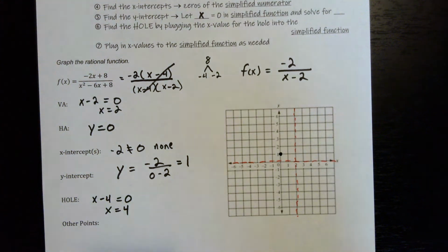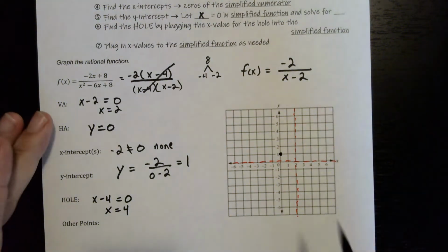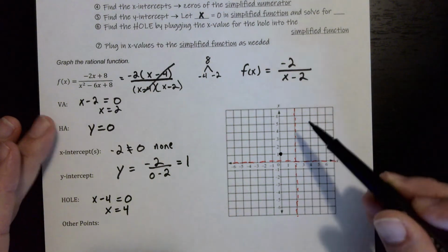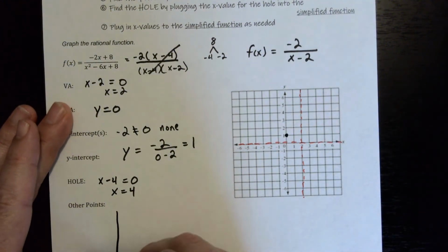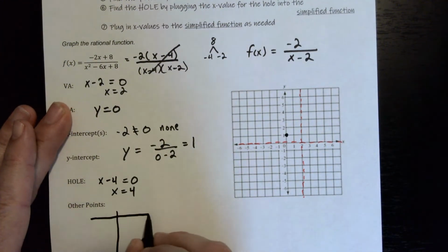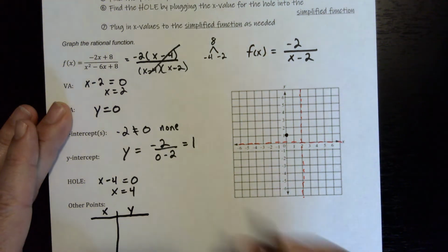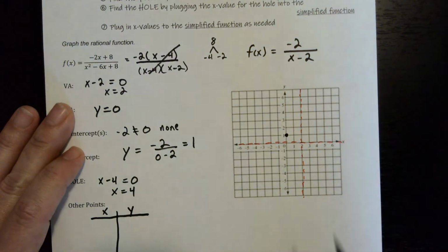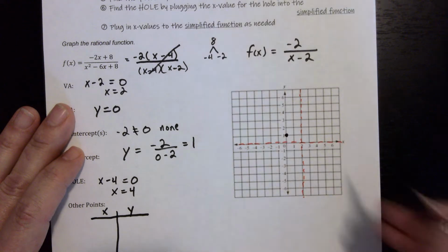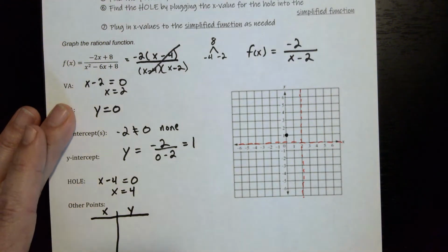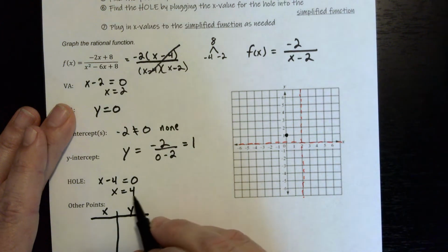Okay, so our y-intercept we find by, or excuse me, where I found our y-intercept. Our other points, we're just going to plug in some points on either side of this vertical asymptote. Okay, so I will make a little box here for our x and y. We'll come up with some points. Okay, so let's try maybe 2 numbers on the left side of this vertical asymptote and maybe 2 or 3 numbers on the right. Okay, we know we have a hole at x equals 4, so let's do that one